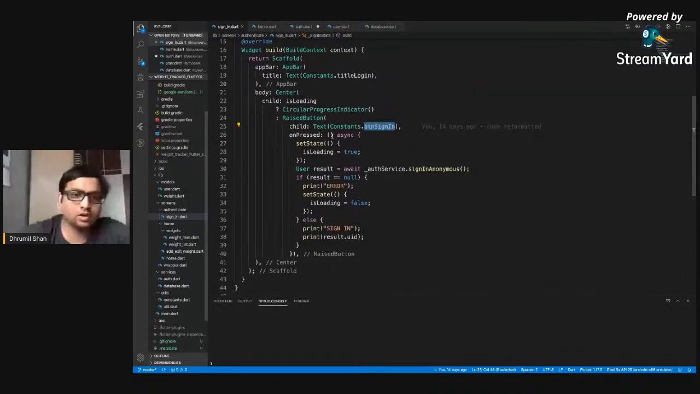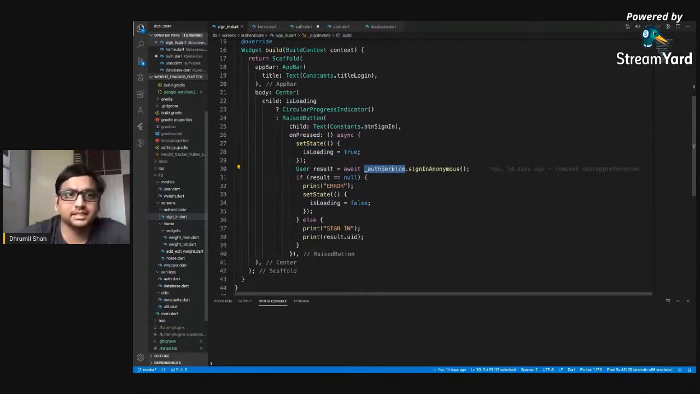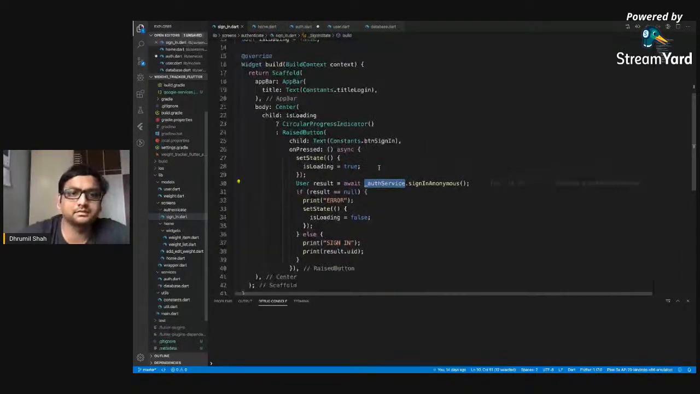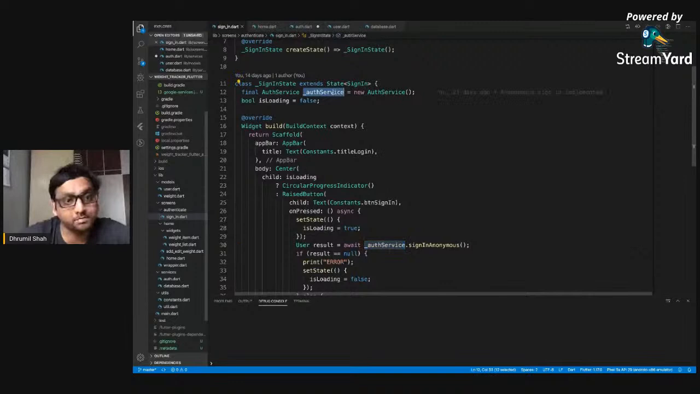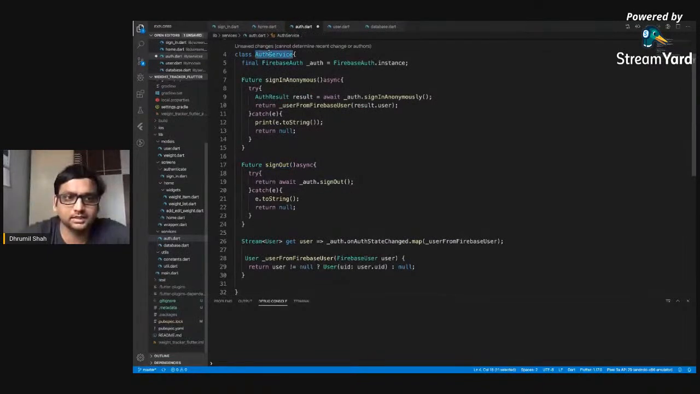Now on press, what I'm doing is setting the state isLoading equal to true, and I'm calling this method which we have written in our auth.dart. So here, authenticationService.signInAnonymously. This authenticationService is an object, to be specific, of my own class, which is auth.dart. So I have created an object of this, and I'm calling this method signInAnonymously from my login